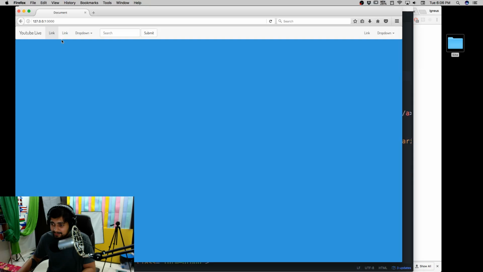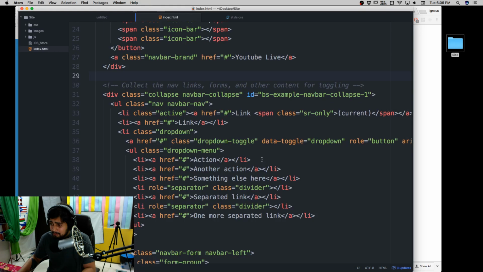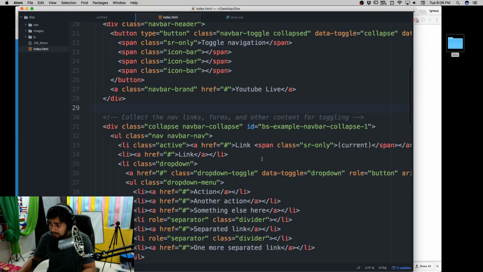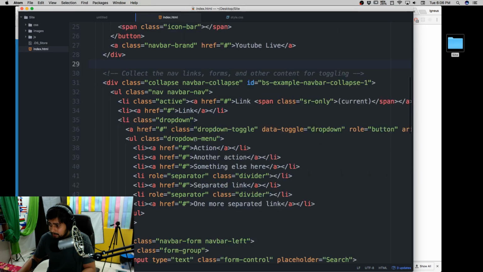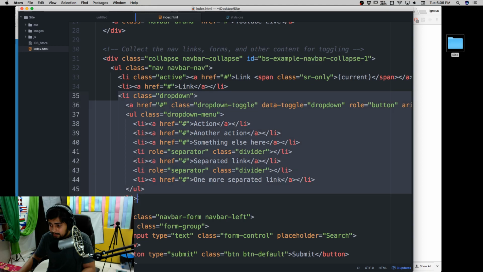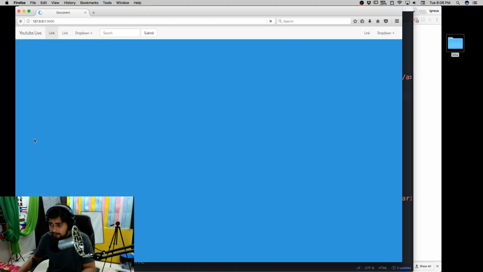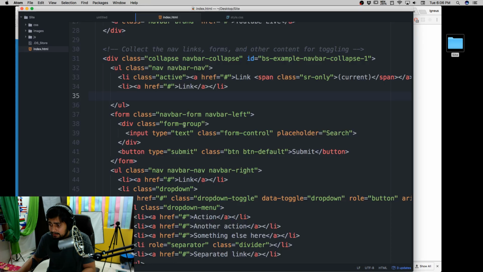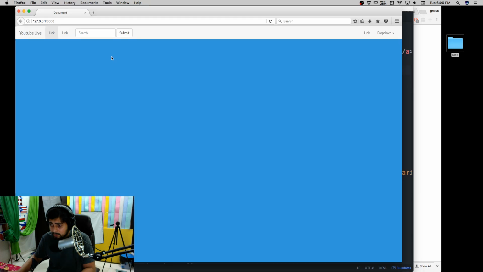And now after that, we have got a link and a drop down. I guess we don't need a drop down in here, so I'll get rid of it. Where are you, drop down? Okay, this is the drop down UL, and this is my LI. Notice everything is inside the LI, so I'll select this LI and get rid of it. Save that. How does that look? Looks nice. We don't need this search box as well. I hope I'm not going too fast there.